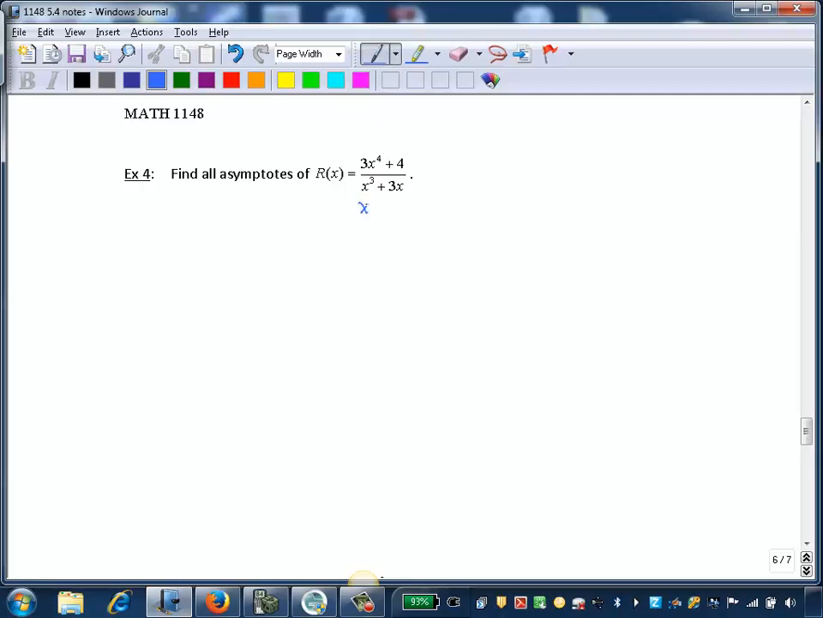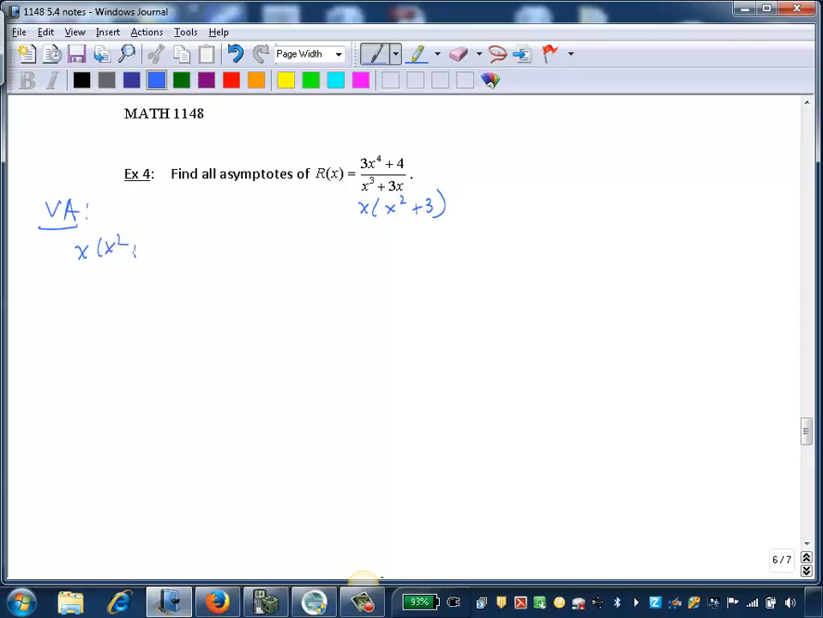In the denominator, we can factor out an x, and then we'll be left with x squared plus 3. So our function is in lowest terms, so if we set the denominator to 0, we'll find any values to exclude from the domain, which would be, in this case, the location of vertical asymptotes. So for our VA here, we set